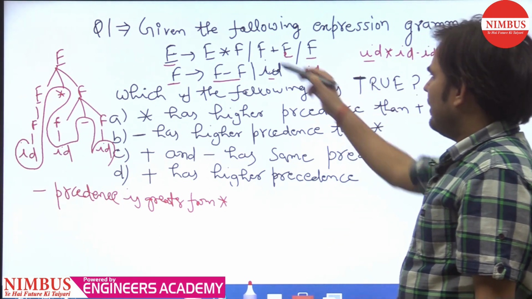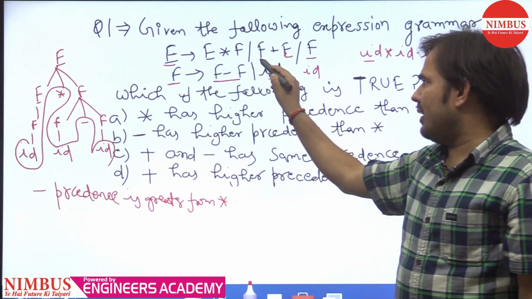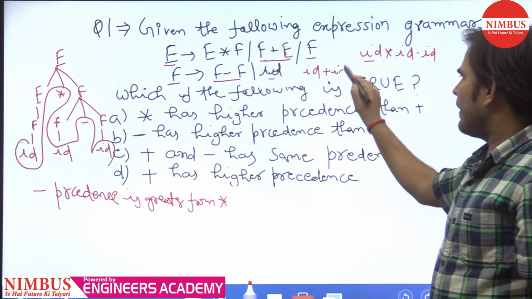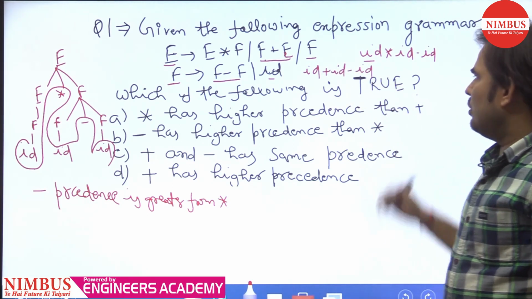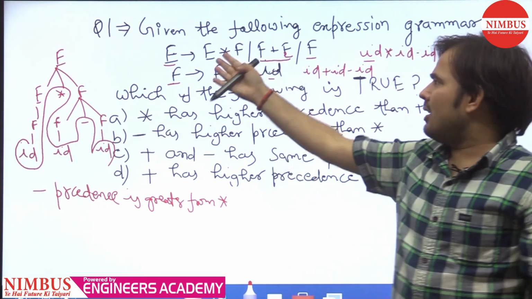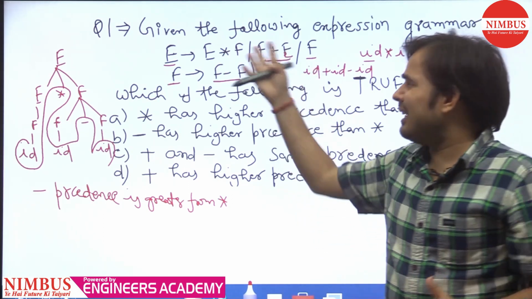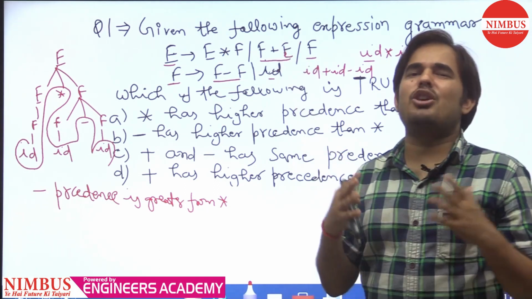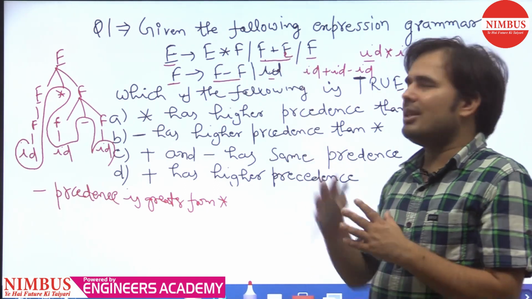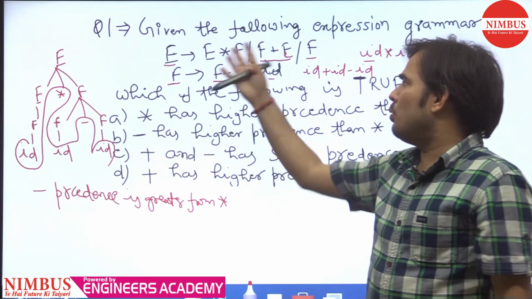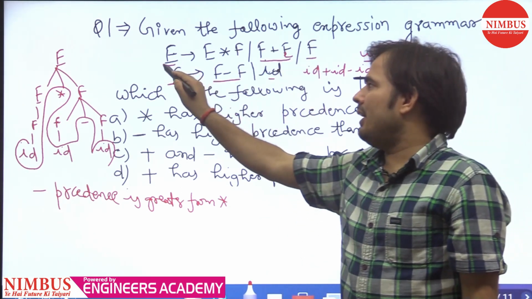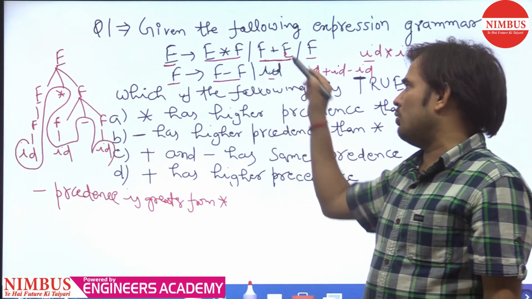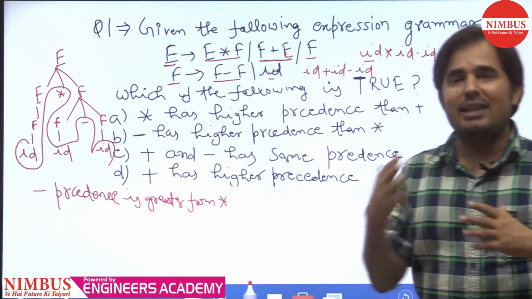So the another string which we can generate from this grammar is, we can generate id. This is another production, we can start from this production, okay. So id plus id minus id. So you can say that asterisk and plus both are at the same level. So asterisk and plus precedence is same, because both are at the same level, means E is generating this production also and E is generating this production also, so that's why both are at the same level.